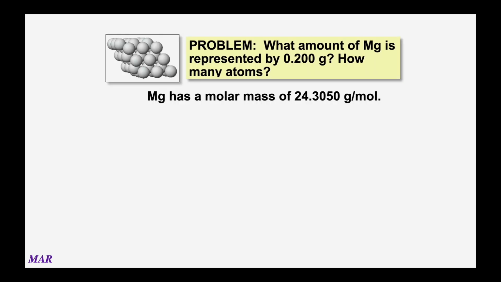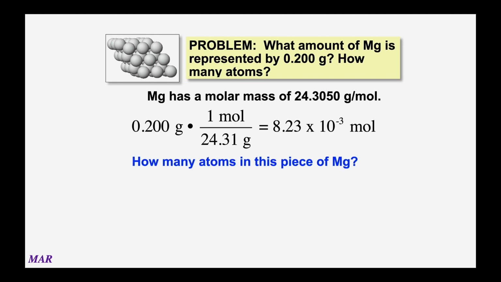So here's a problem you might see. What amount of magnesium is represented by 0.200 grams, and how many atoms is it? Now, if you have a small piece of magnesium that has a mass of 0.200 grams, it would literally fit on the pinky of your hand. All right, it's a very, very small amount. It doesn't look very impressive. But let's figure out the amount of moles, all right, using the molar mass. And with a good periodic table, magnesium is 24.3050 grams. So I'm only going to use